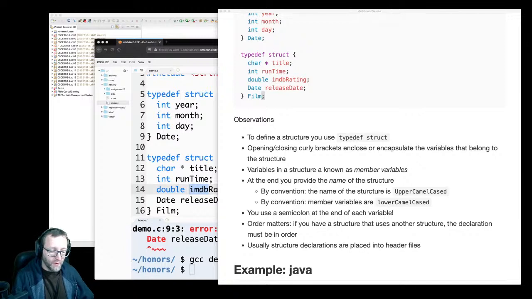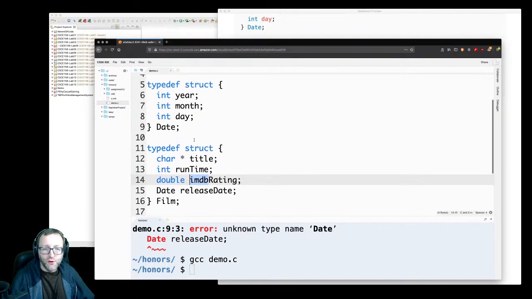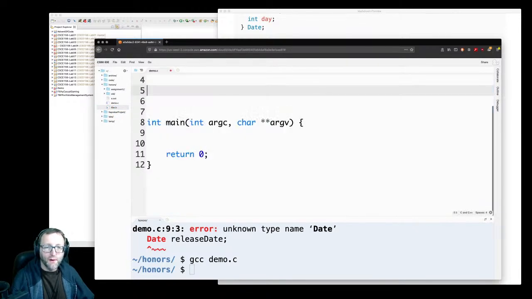Right? So ultimately I might separate this into a film.h file. In fact, let's go ahead and do that. Let's go with a new file. There we go. Film.h. And I can take this stuff and I can move it over into that header file,